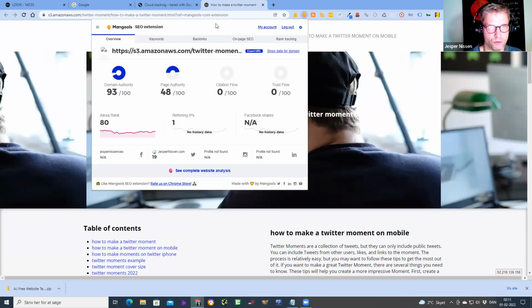So that's the amount of power that you actually get from these HTML pages when you put them on the cloud hosting services. The main three that I use, and probably almost all other SEO people that are using cloud stacking for their SEO campaigns, are Amazon, Microsoft, and Google Cloud.